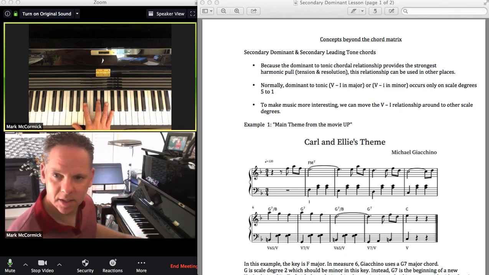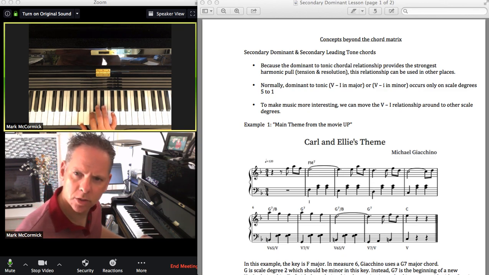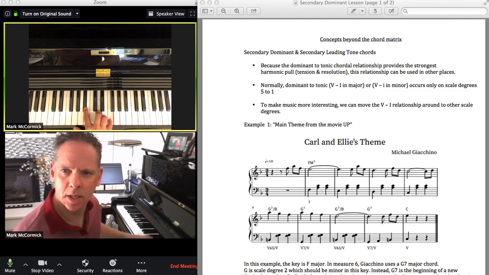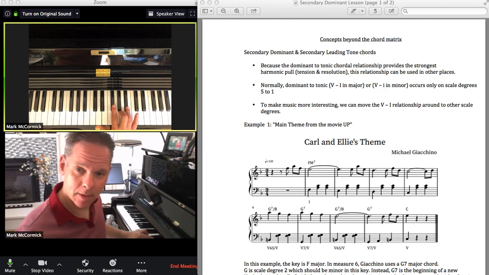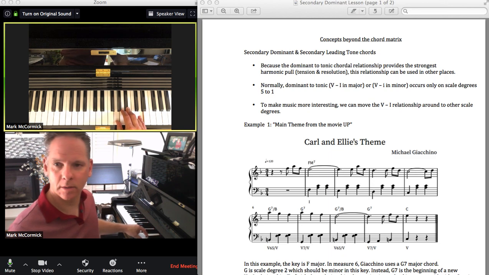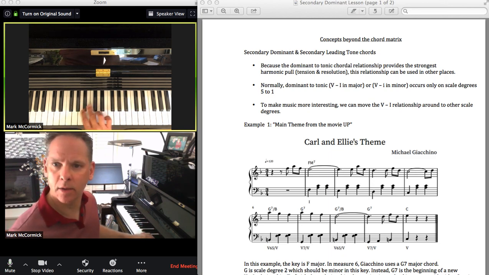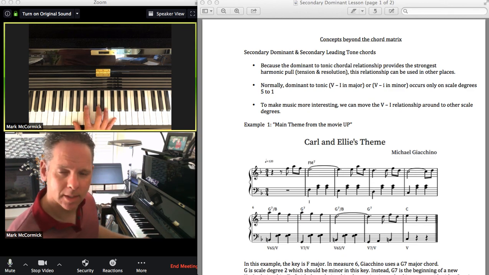Right? Same thing could exist in minor: minor 1, diminished 2, major 3, minor 4, major 5, major 6, and then the diminished 7, back to 1. We're using the harmonic minor scale there. Right? Raising the leading tone on the 5 and the 7 chord. Okay? So,